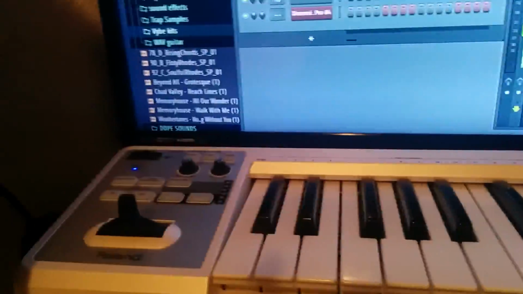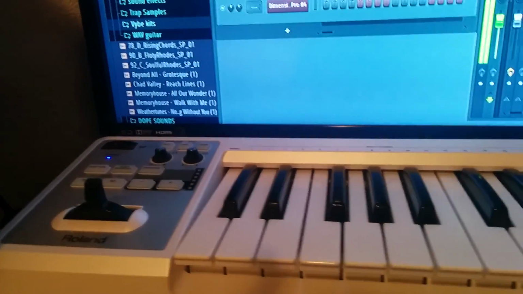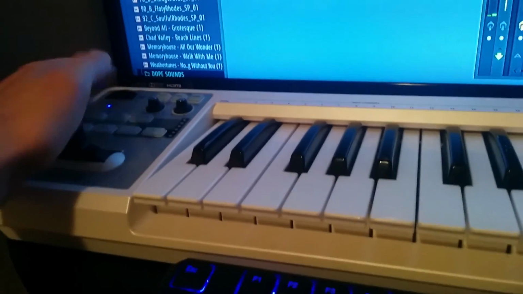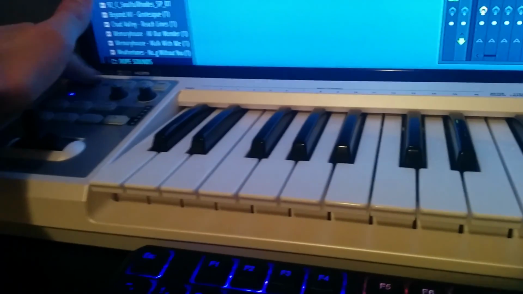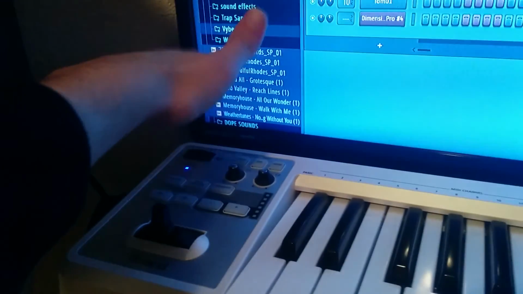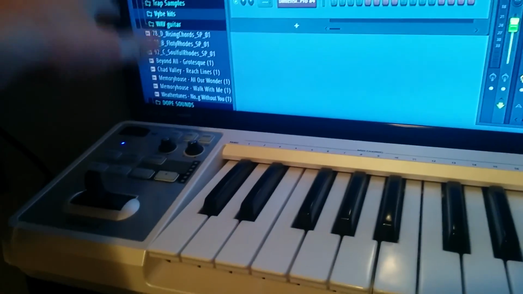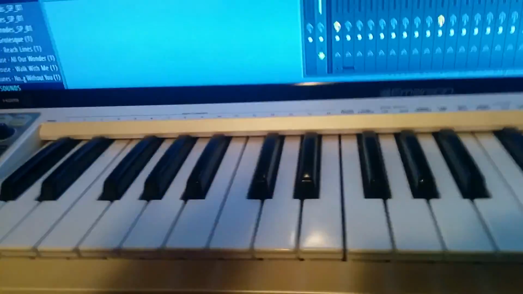So this is what I'm using. The Roland keyboard. Love this thing. As far as the mod wheel, I love this sideways one. And this right here for the keyboard, this is a new thing that they got with the Roland. You can move your hand over it like this. If you're using a guitar sound, you can get that wah wah wah sound. Love this MIDI